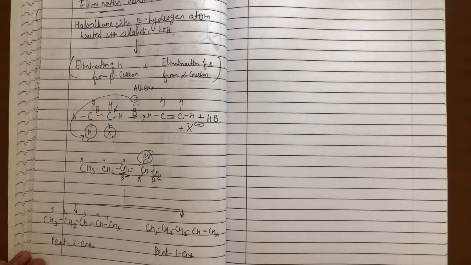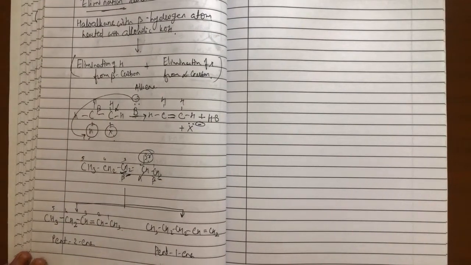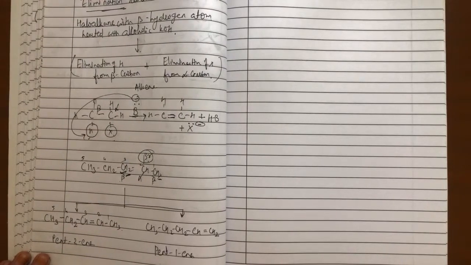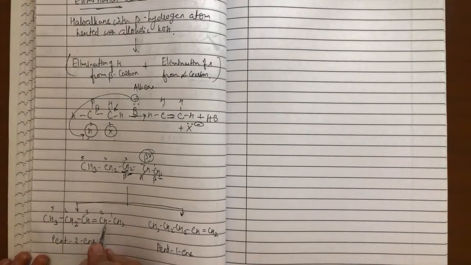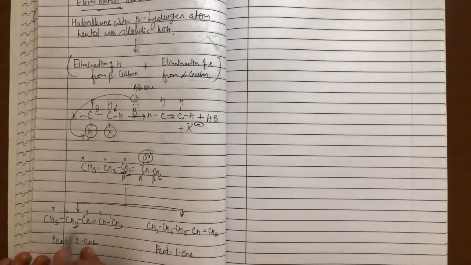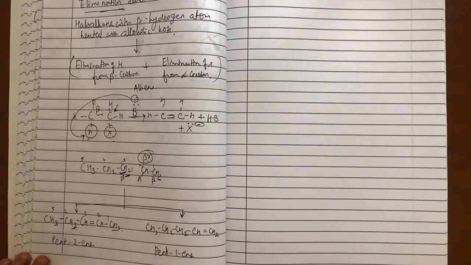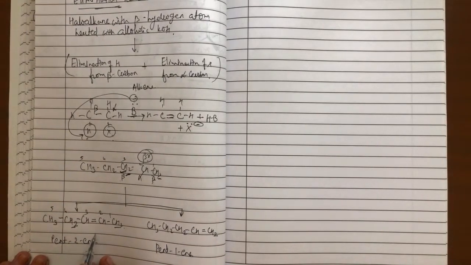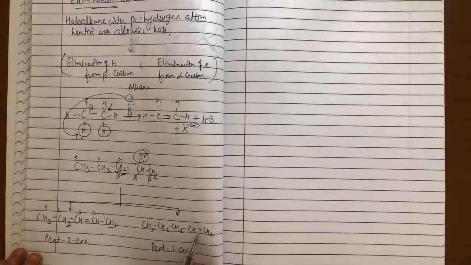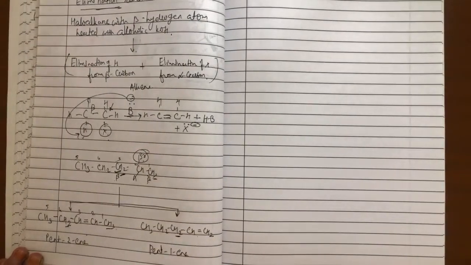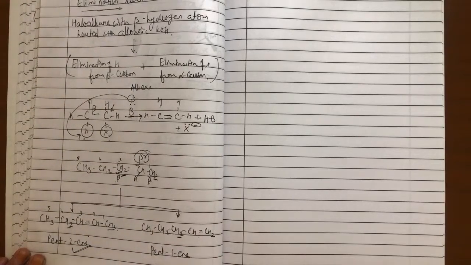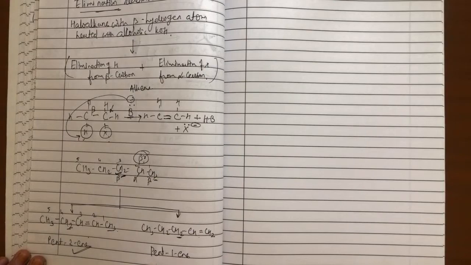Yes, Brunda, correct. Pent-2-ene is more stable as per the phenomenon of hyperconjugation because of the availability of a larger number of hyperconjugation structures. See here, these 3 plus 2, 5 hydrogens can replace 5 electrons, and so 5 different structures are possible as per hyperconjugation. While in this case, only 2 structures are possible, and as per that rule, pent-2-ene is more stable. This is the concept of stability, and from this